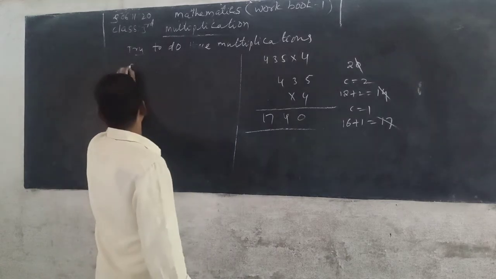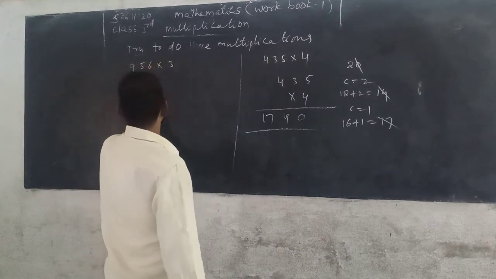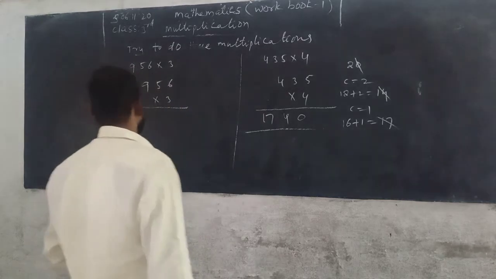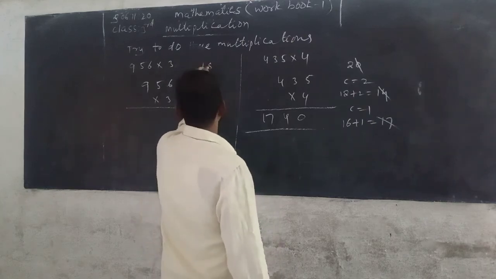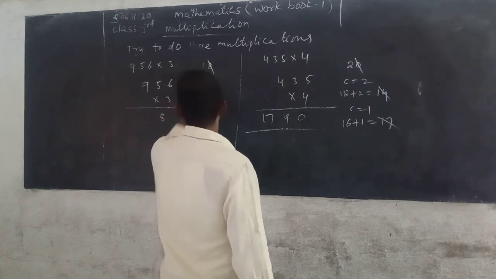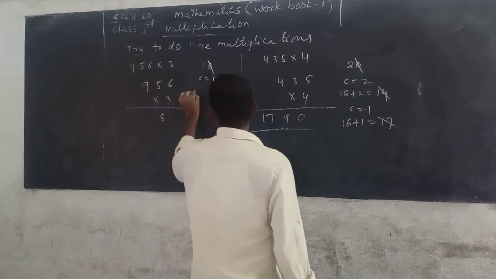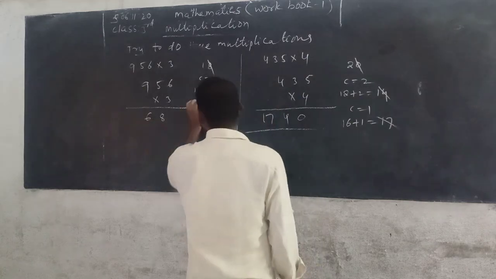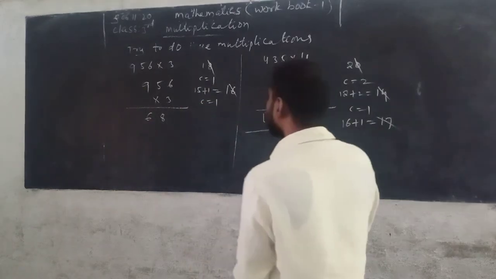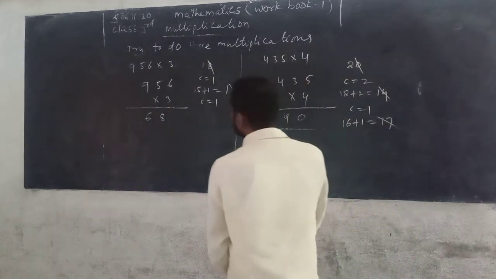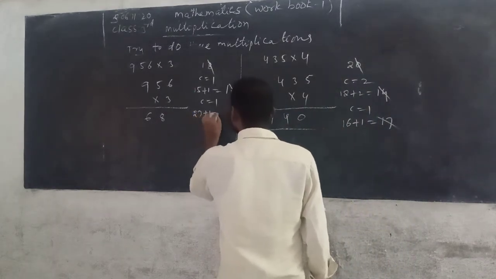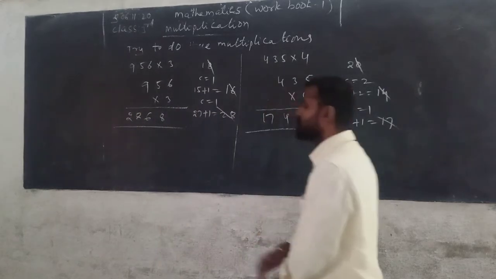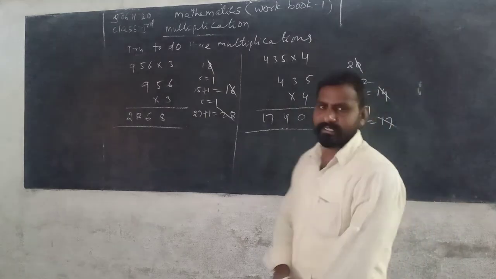956 into 3. First we multiply the digits in ones place, 6 with 3. 3 6s are 18. In it 8 taking, carrying 1. Next 3 5s are 15. 1 is added to 15. You can get 16. In it 6 taking, write down tens column of the product and 1 is carrying. Now next we multiply the digits in hundreds place, that is 9 with 3. 3 9s are 27. 1 is added to 27, you can get 28, write down total number. Because this is the last place of the given number, then product is equals to 2868.